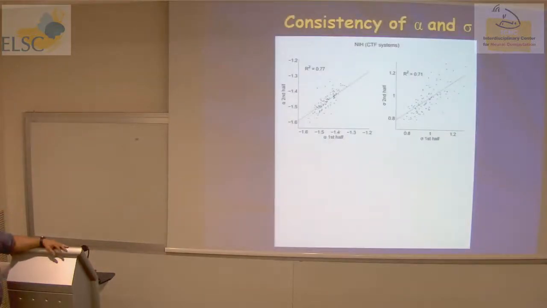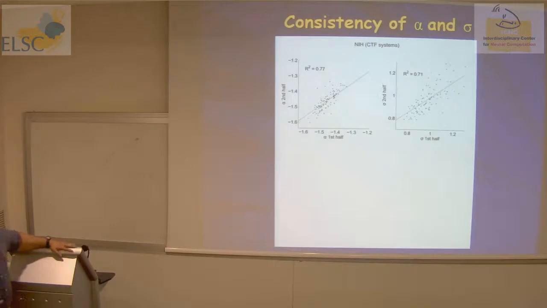Another thing that we can ask is whether the results reflect some signature of the individual. So what I do is I take the first 2 minutes in each data set of 4 minutes and the second part of the data, and I use each to calculate alpha. This is alpha from the first half, second half, and these are just the individual subjects. So we see that the results are correlated, and we get similar correlation for sigma.